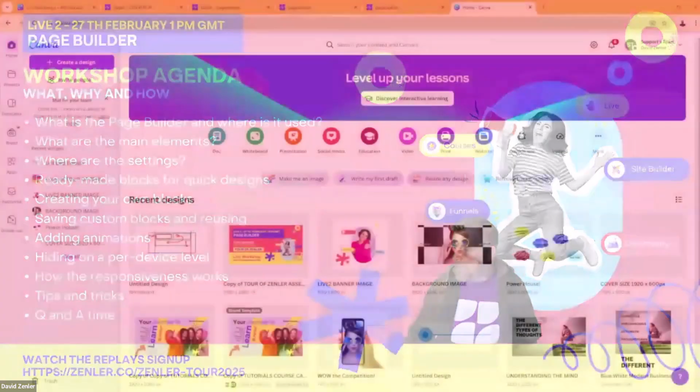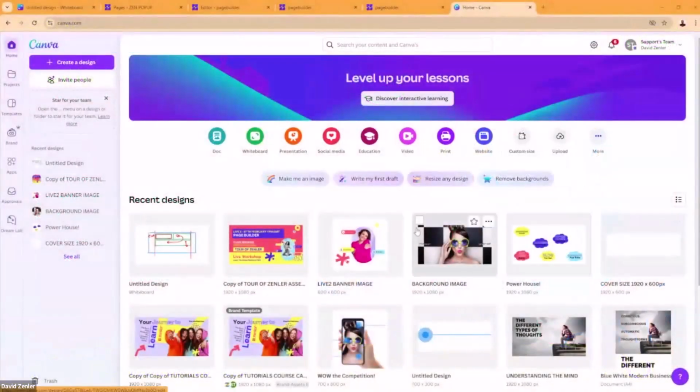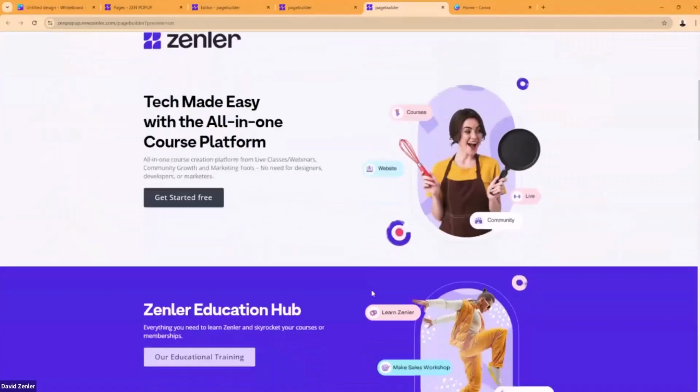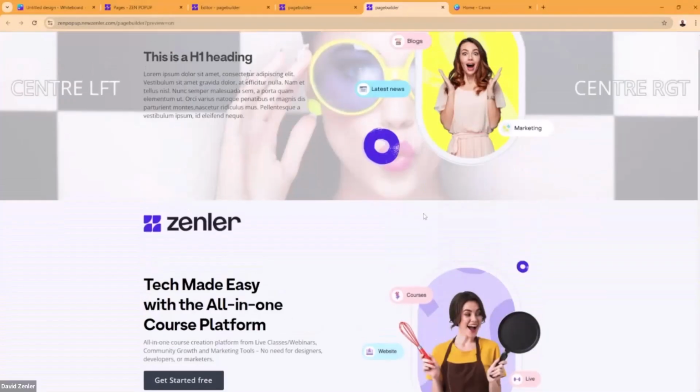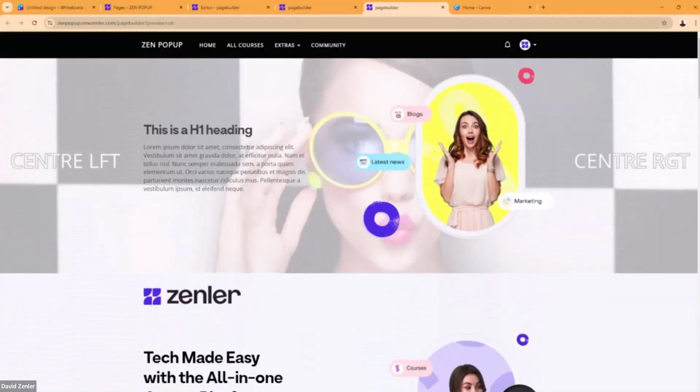So inside here, we're inside a Canva account. Now I've got a few files. I've got a background image here, and that's that background image you guys just looked at. And I've got a banner image here. So I've got an image that I'm going to put right. And what we're going to do is we're going to construct what we've got here, okay? And we're just going to construct it now, and that's what I want you guys to do.